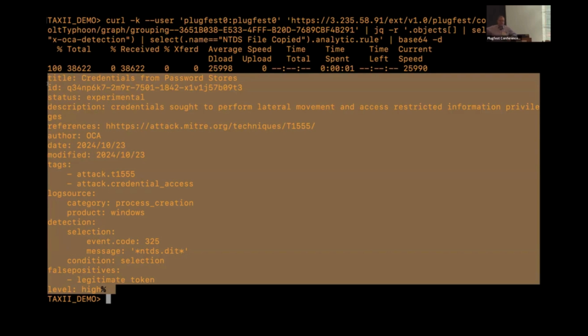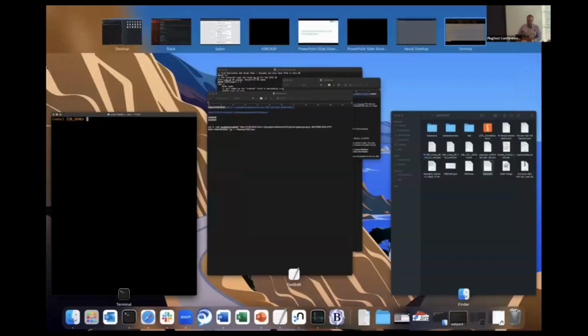This is an analytic a machine can look at all day long and then see if there's other analytics to correlate against to say whether this was done for a good or bad reason. These are the type of searches that we're going to share in our indicator of behavior bundles. Now,